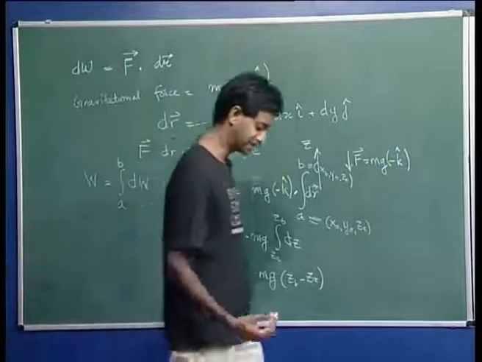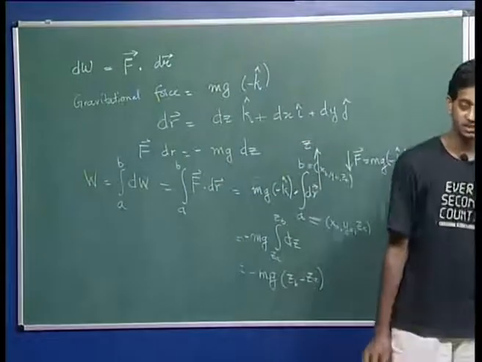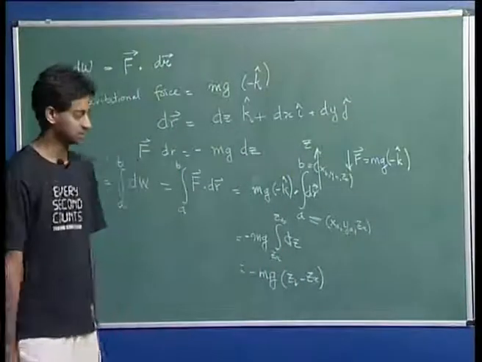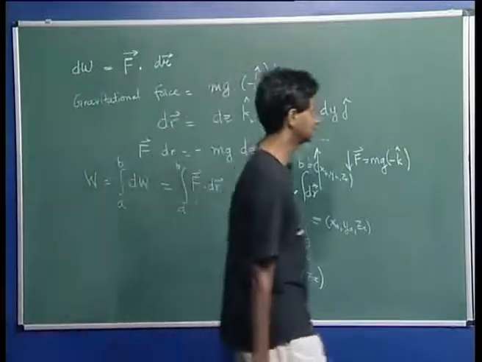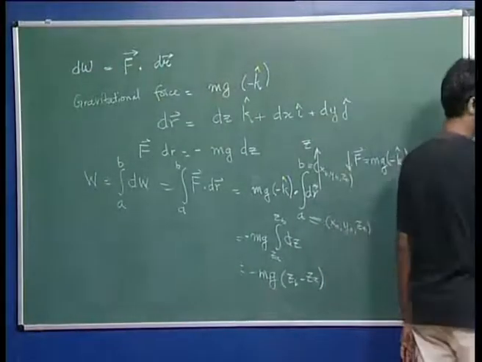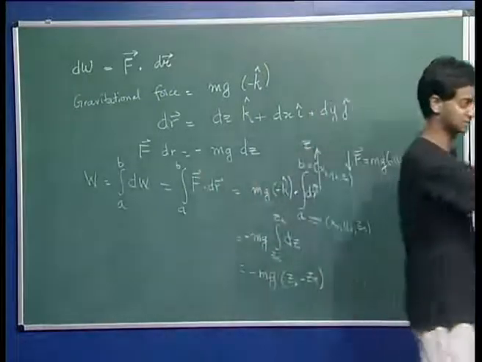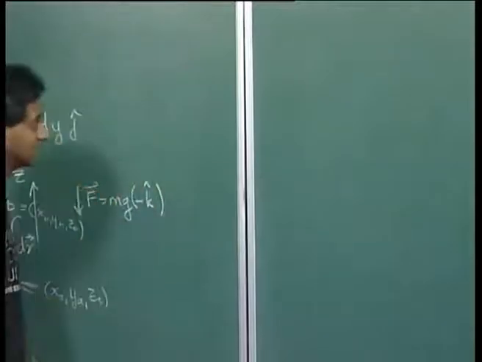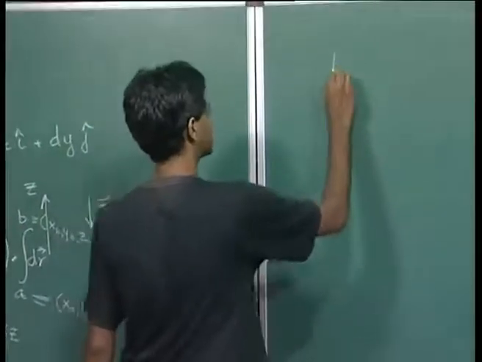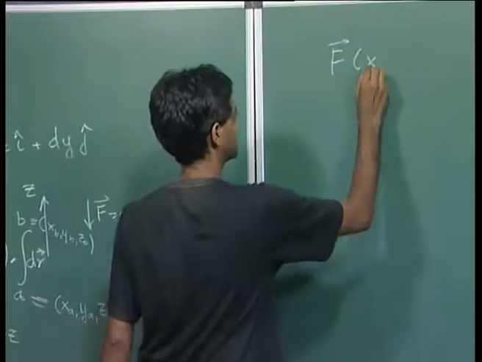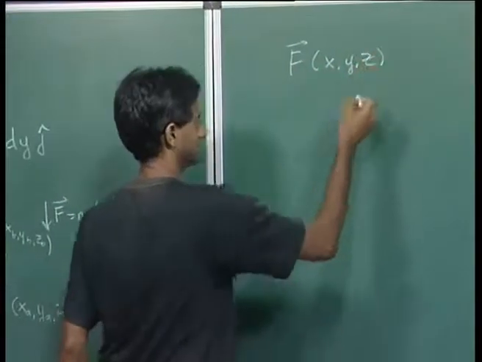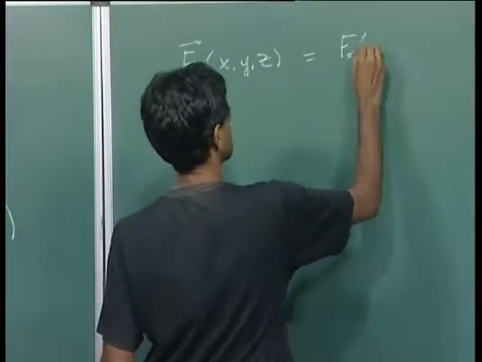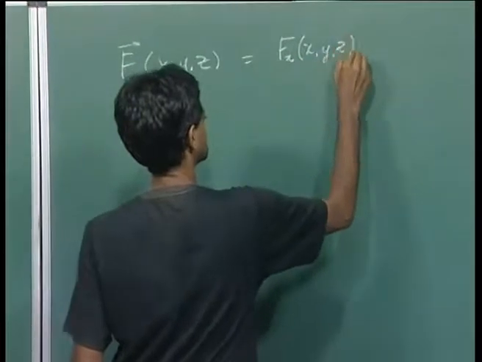But there are many situations in which this force might not be constant. Force might depend on where you are. Suppose the force at this point might be different from the force at this point, or from here, and so on. This implies that force is a vector field. So force depends on x, y, z, and it has components